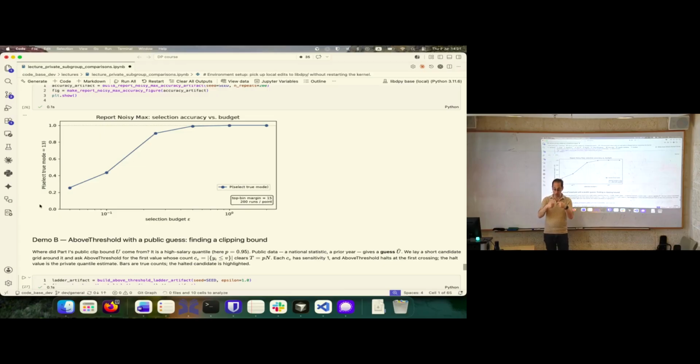So the query that I issue is actually the difference of the statistic from this guess in absolute value, maybe, or something like that. Then I can issue many queries, and I will pay only for the stopping point. So if I stop once there's a single failure, I'm only epsilon private. The way I do it is I add noise to each of the queries, and I also add noise to the threshold.